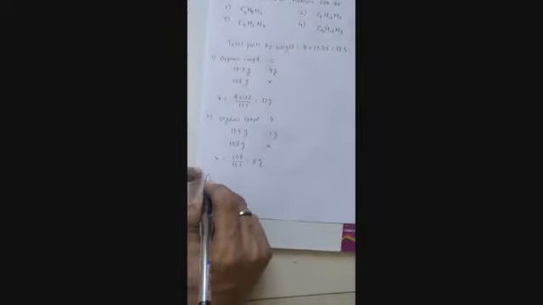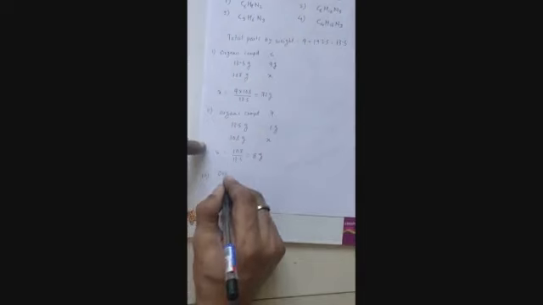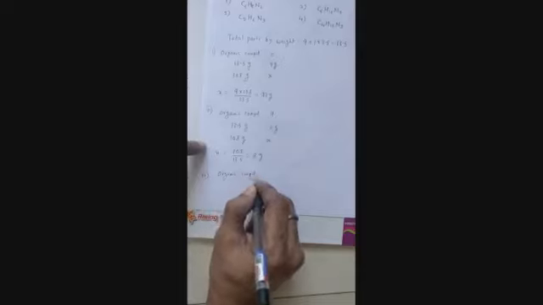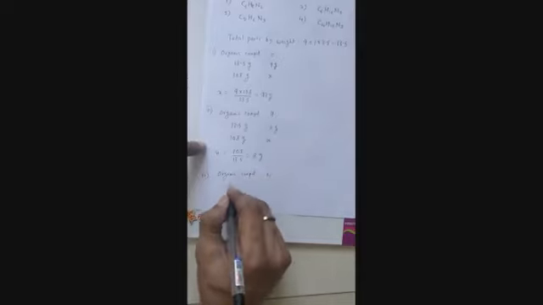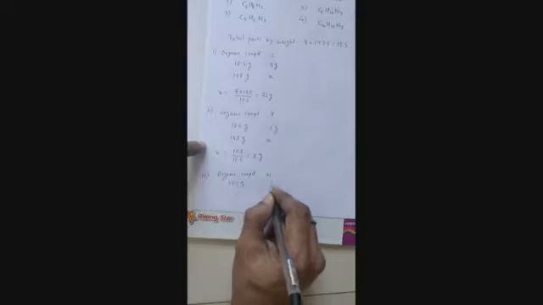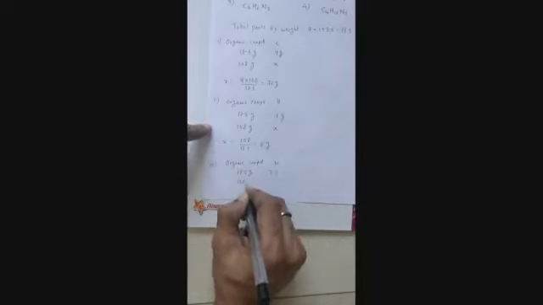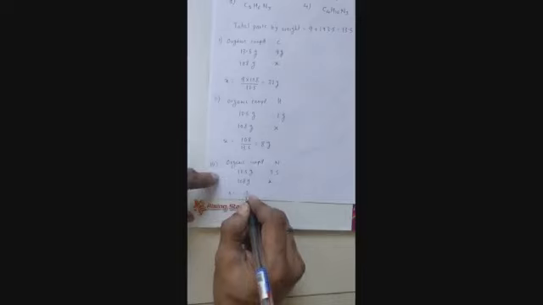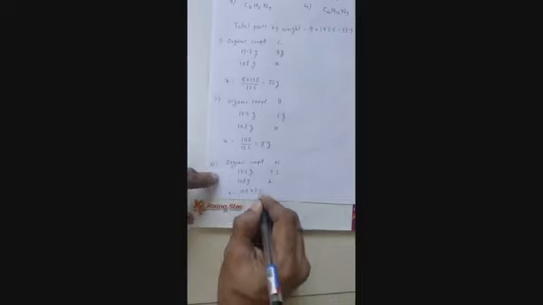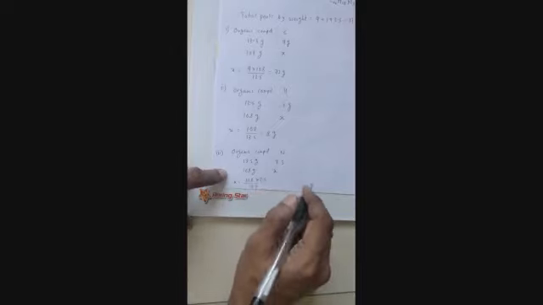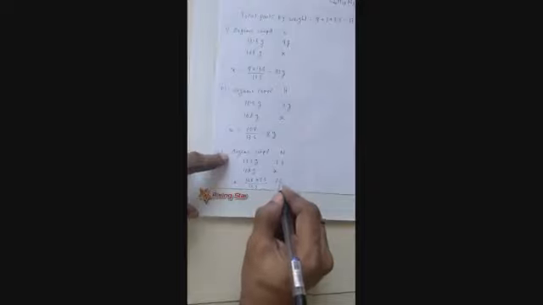Right? So here, third one, the organic compound. And this time we are supposed to take nitrogen. So out of 13.5 grams, how much of nitrogen is present? 3.5. So for 108, how much of nitrogen will be there? Again, X is cross multiplication. 108 into 3.5 divided by 13.5. So your answer is going to be 28 grams.